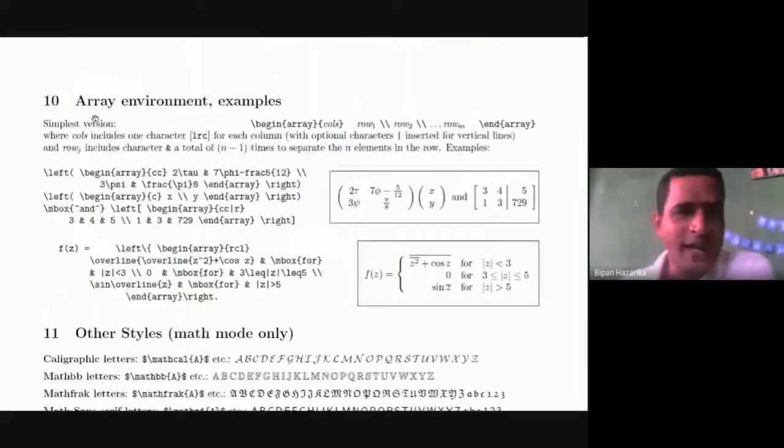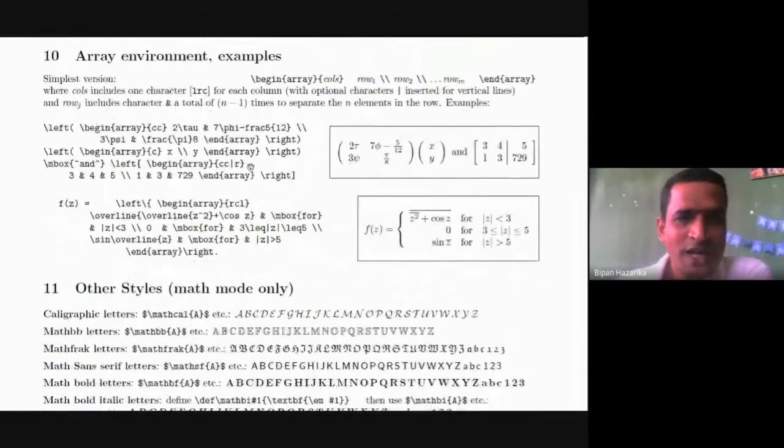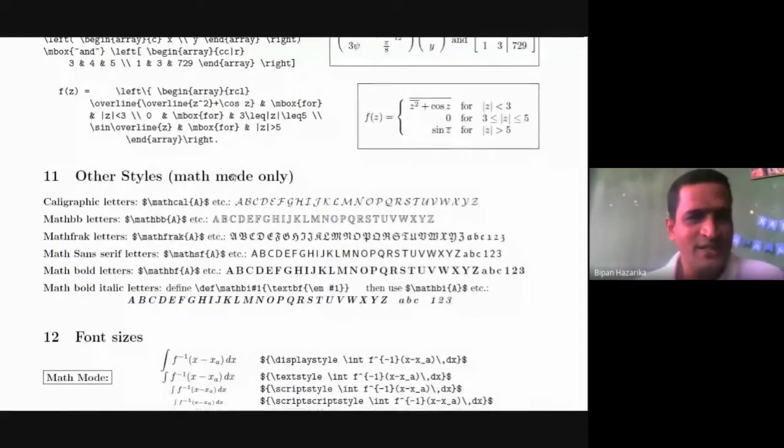Then the arrow environment and examples. We are explaining all these things practically, so I am not explaining this here. For the other mathematical letters, if you want to write different letters, these are the curly letters, A, B, C, D up to Z. We write mathcal. We write in a shorter form. I will explain how we can write in a shorter way, and we can write these letters.